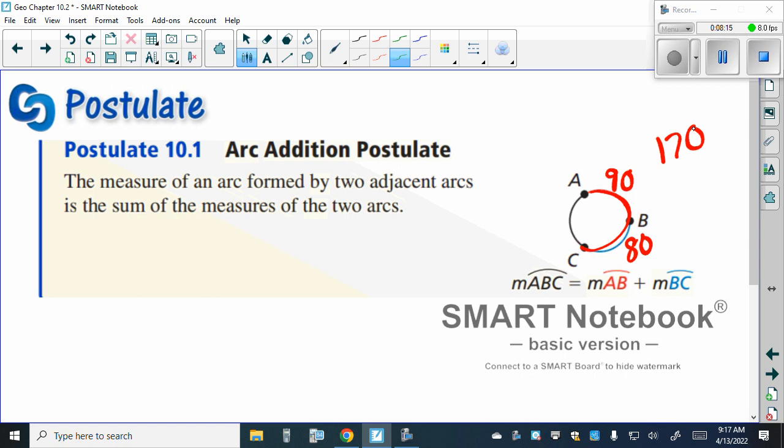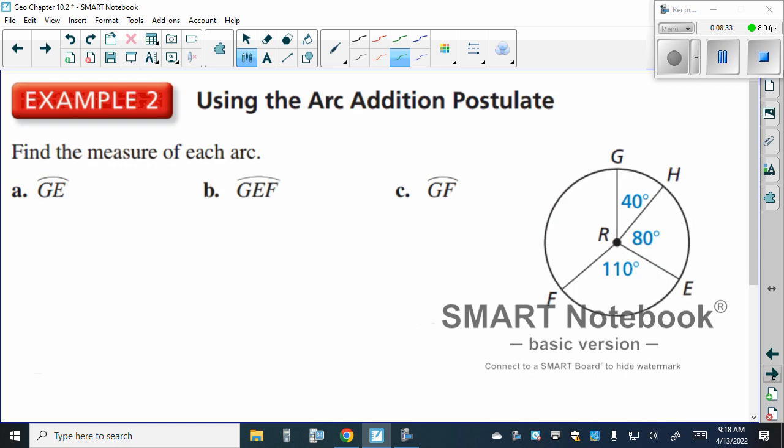That's all it's saying. This is the same as our angle addition property, because if I have two angles next to each other, we can add their measures together. That's all this is saying. The measure of an arc formed by two adjacent arcs is the sum of their two arcs. We can add them together. And really, we already did that, because in the last one, we added 180 and 65 together to find it. Here, so we can look at